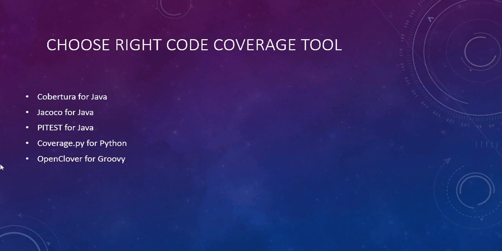So PIT test is real world mutation testing. PIT is a state of the art mutation testing system, providing the gold standard coverage for Java, and it is scalable and integrated with modern test frameworks. It basically introduces faults in your code and then runs the test cases. The more test cases fail, the better the quality of the test cases. If fewer test cases are failing, then the quality of the test cases is not good. So based on that, we measure how good the JUnits or test cases we wrote are.